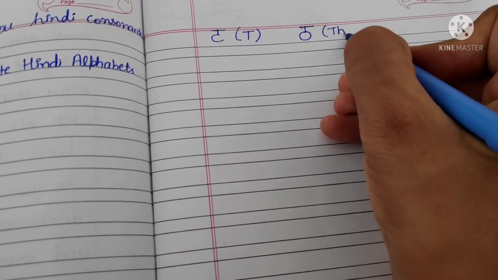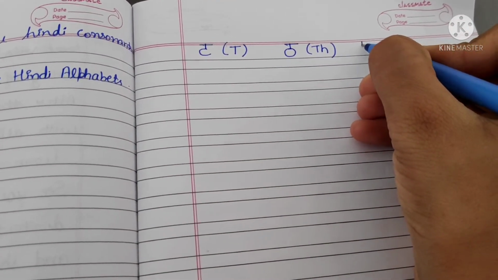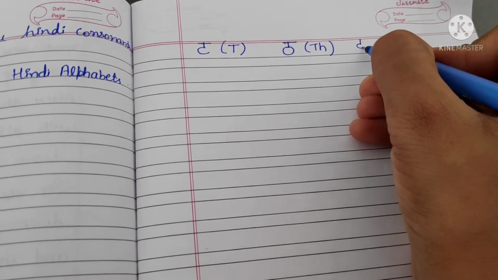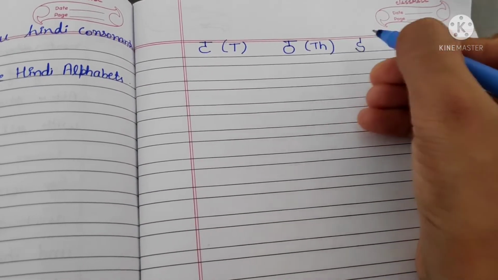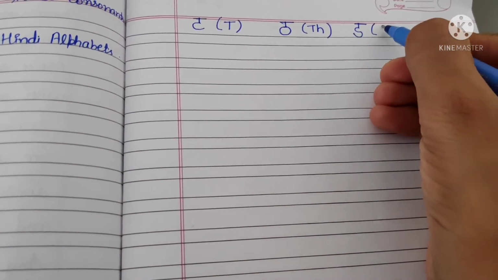T alphabet in Hindi. Next letter comes D. D is also very easy. This standing line, curve, again curve this side and simply put a sleeping line. This is our D letter.